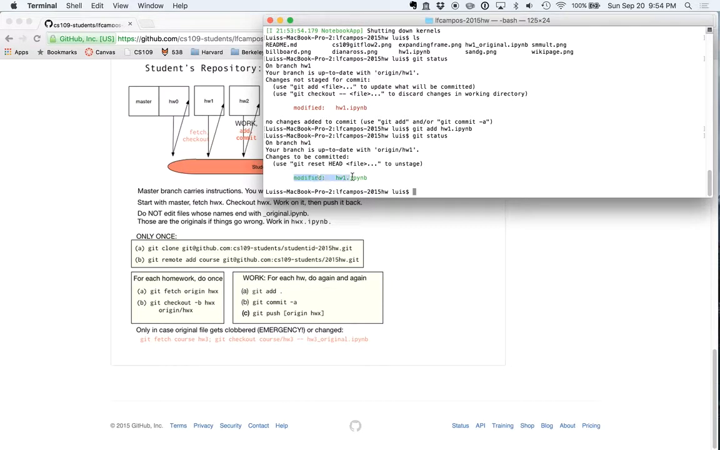So I've added it now, and if I look at the status, it's changed from red to green. You see that there are now changes to be committed. Before I said changes not staged for commit, now they're staged. And then all we need to do now is to commit them. Well, there's a few more steps, but just the next one is to commit. So you say git commit